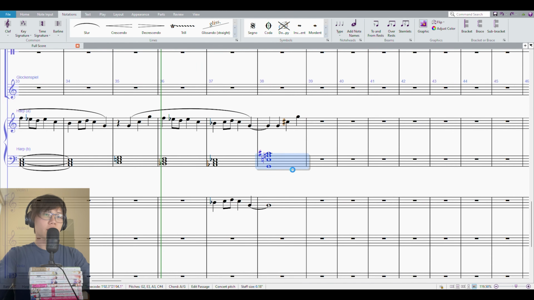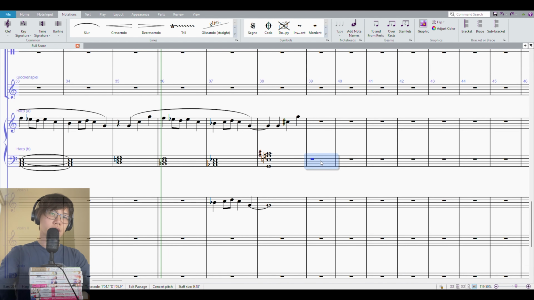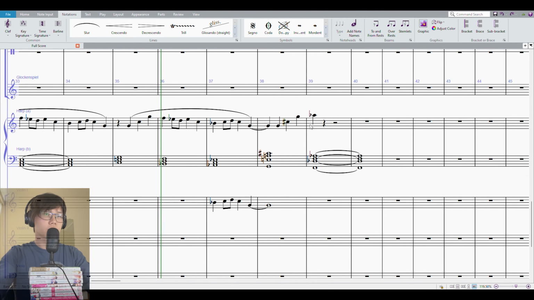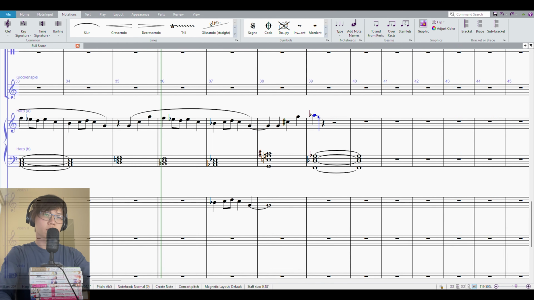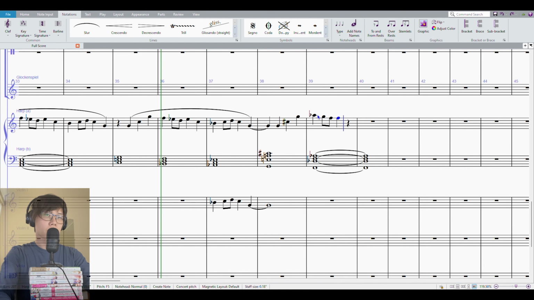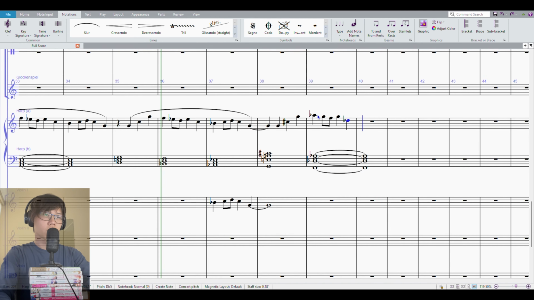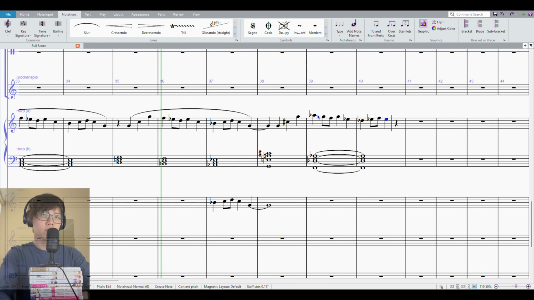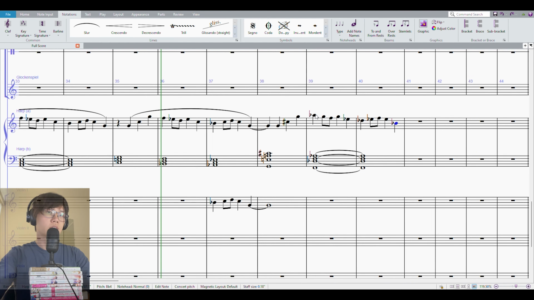Now, we can stay in A flat major, but since we're always changing chords every bar in this section, let's continue that idea. So let's go to D flat. Then E flat and then